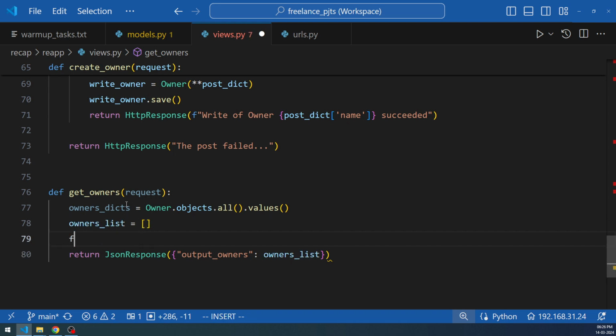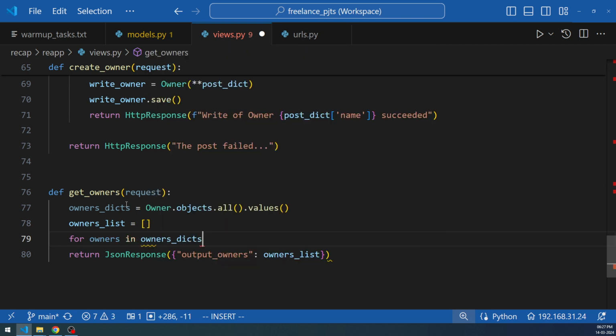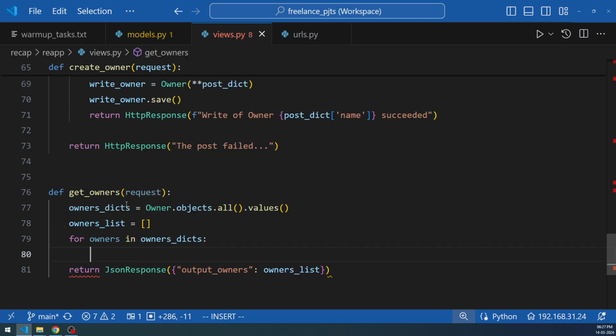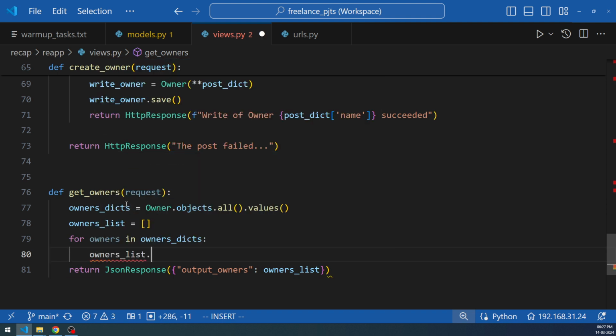So owners list I'm creating. So I'm going to say for owners in owners dict, I'm going to manually extract the data. So I'm going to say owners list. So a couple of